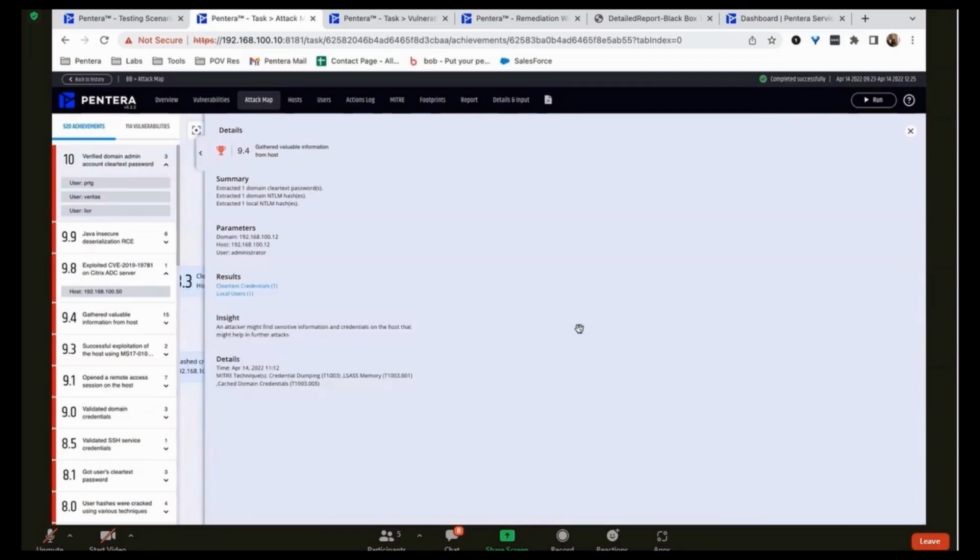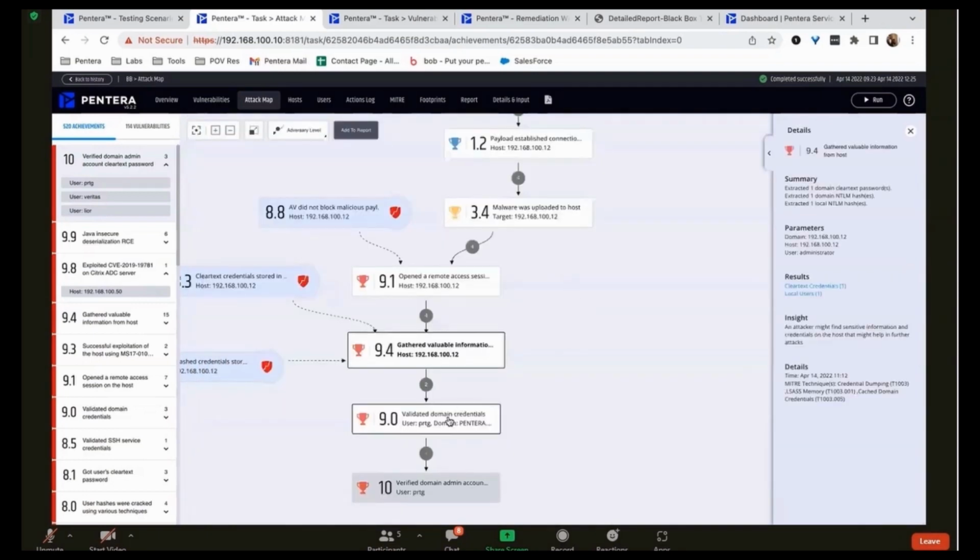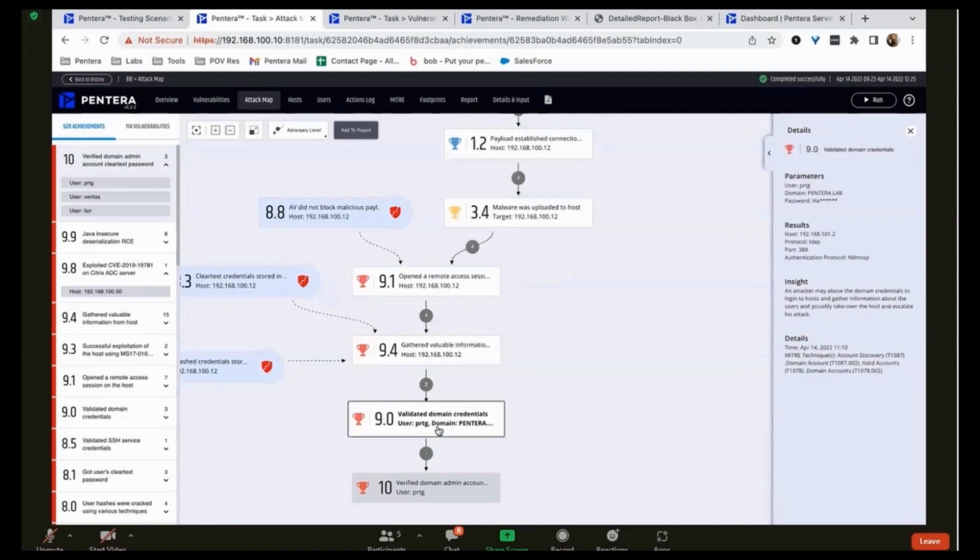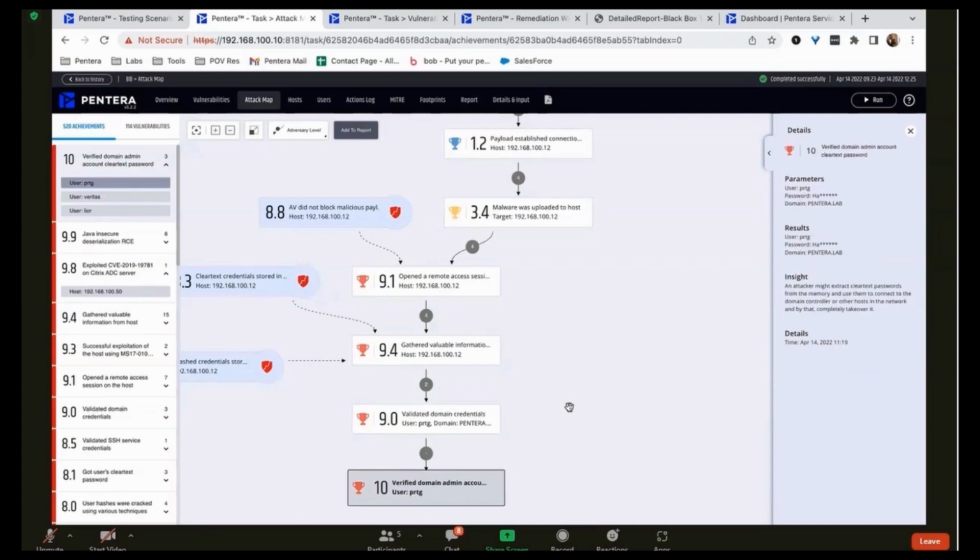That's cool. Yeah. And then we're also going to say, hey, this is an active user. Let's check the DC since we have visibility to that. And we'll see on the domain controller that it actually states that not only is it an active user, it's a domain admin user.